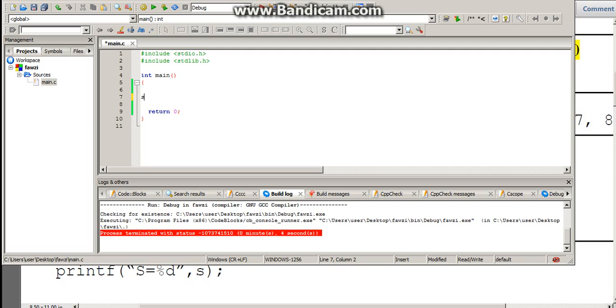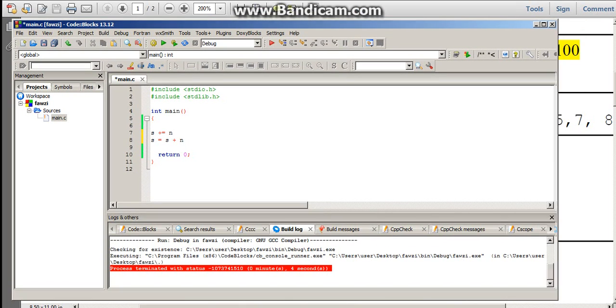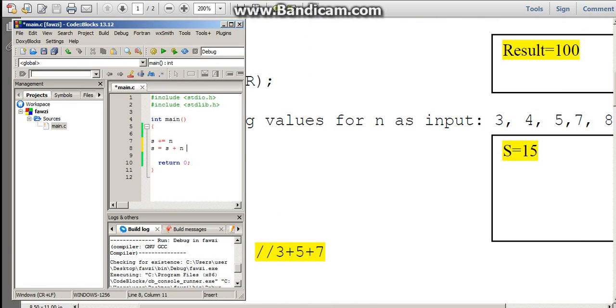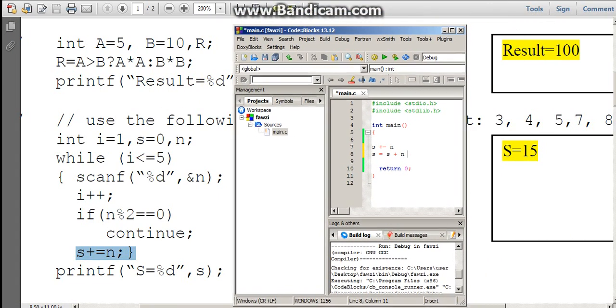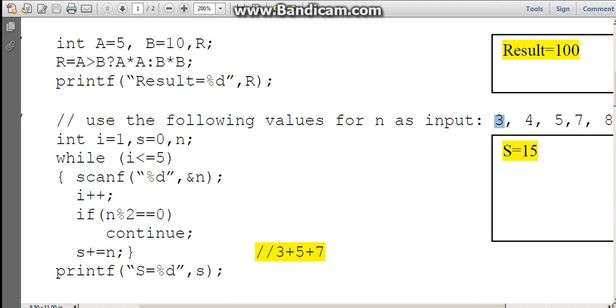It means this one. I just want to explain to you here: s plus equal n is exactly like s equal s plus n. Alright, so now we're gonna see, we just put 3 here, so the remainder is gonna be